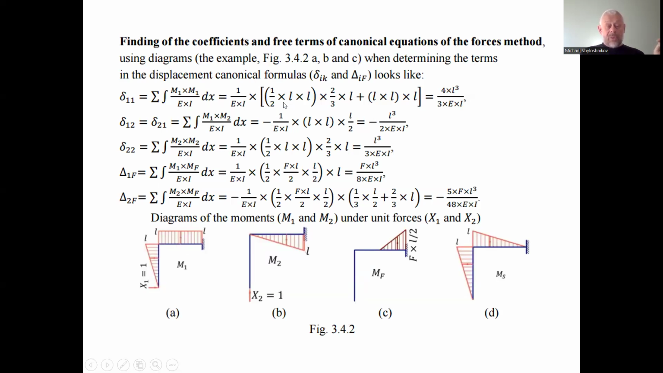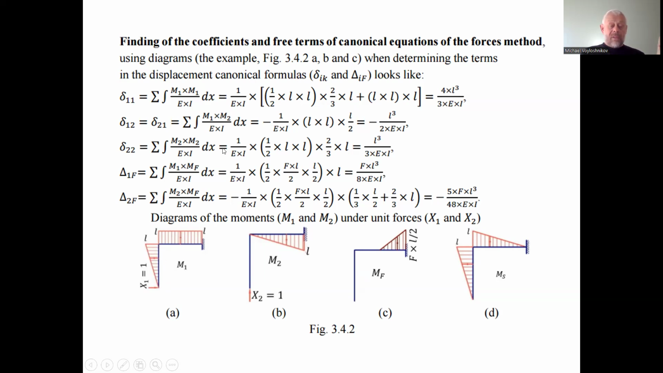So one-half multiplied by L and by L is the area of this triangle, the area of the diagram. L is one leg, and another leg is L, due to the bending moment under the unit force L. So this is the area of the diagram multiplied by two-thirds and multiplied by L. Two-thirds of L is in the projection connection, in accordance with the Vereshchagin rule. This has to be the magnitude, or ordinate, of the diagram of the bending moment